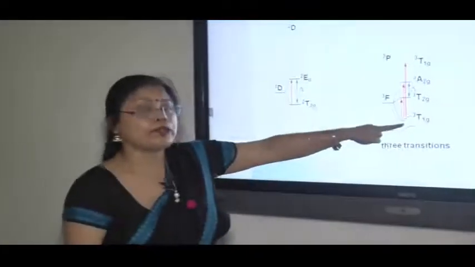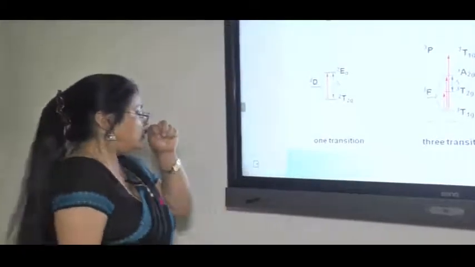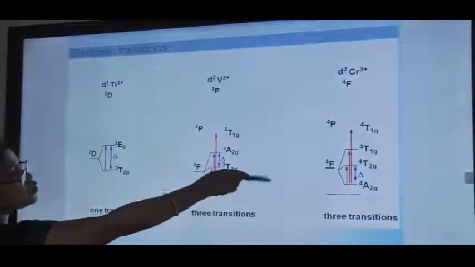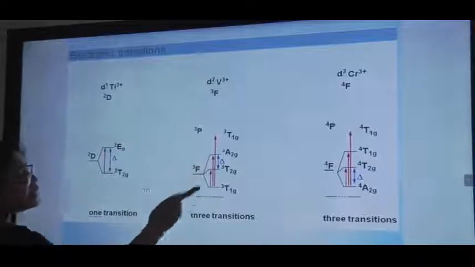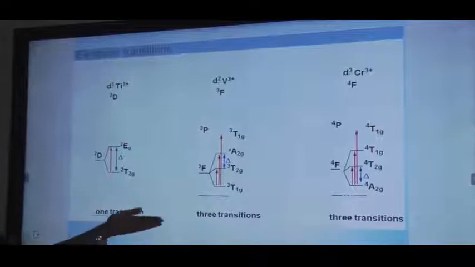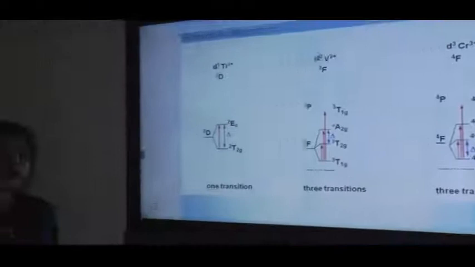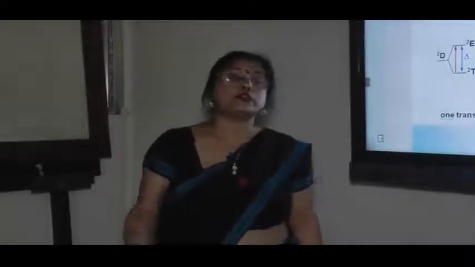As I stated before, the lowest level will be considered the most stable level, and from that level only there will be transition to the higher level. Whenever it is in the visible range, we will see color in a particular substance, but whenever it is out of the visible range, we will see transition, but not in the visible range. It will be in the UV range, and that will be colorless.